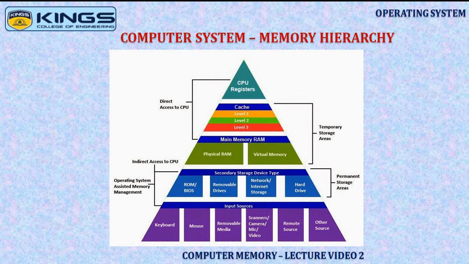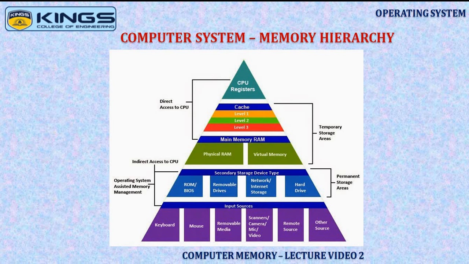Generally, memory unit of a computer system is classified into two categories. The first category is the volatile memory. These are the storage units that lose their data when the power is switched off. The second category is the non-volatile memory units, and these storage units are permanent in nature and they don't lose the data when the power is turned off.